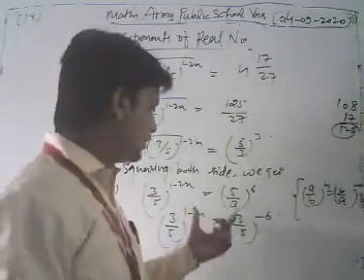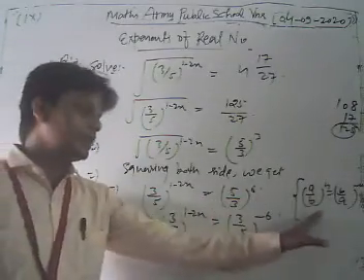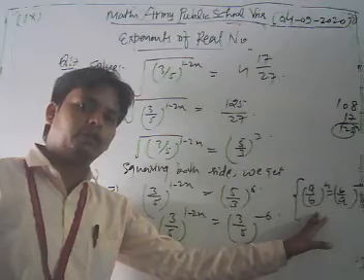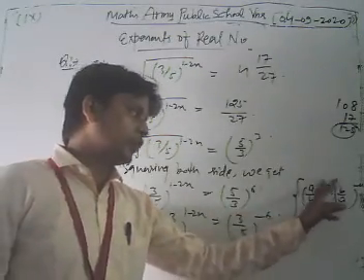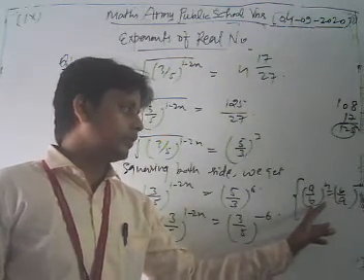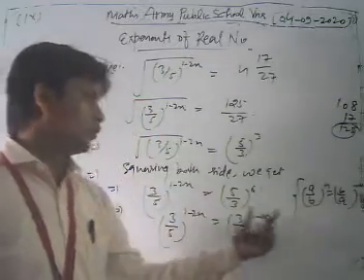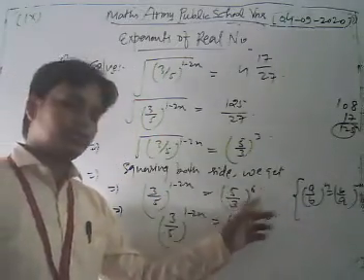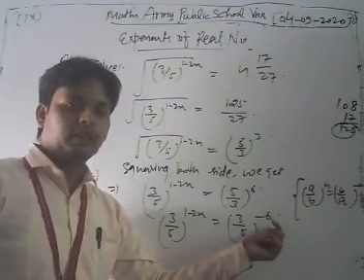Okay, dear students, this is the basic concept of powers or exponents. If (a/b) to the power n, and we take the reciprocal, then we get (b/a) to the whole power minus n. So here (5/3) to the power 6, we can write as (3/5) to the whole power minus 6.